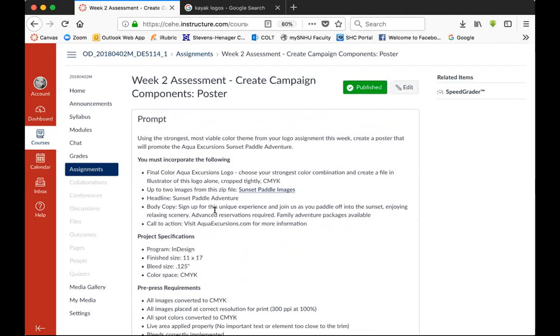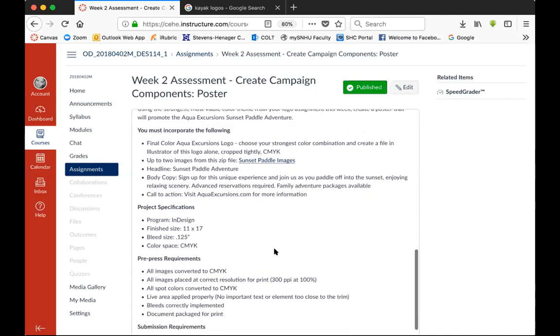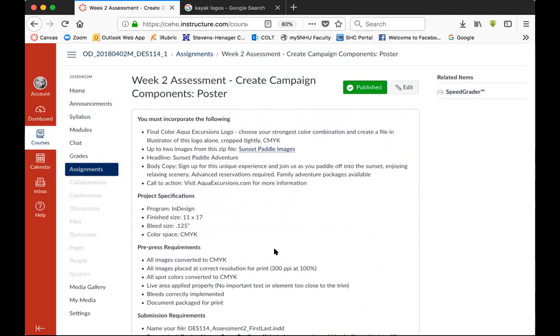So you're going to be using the strongest, most viable color theme from your logo assignment this week. So you're going to choose one. You're going to create a poster that will promote the Aqua Excursion Sunset Paddle Adventure. It's neat how they tied in the discussion with the poster this week. You must incorporate the following. So your final color Aqua Excursion logo,